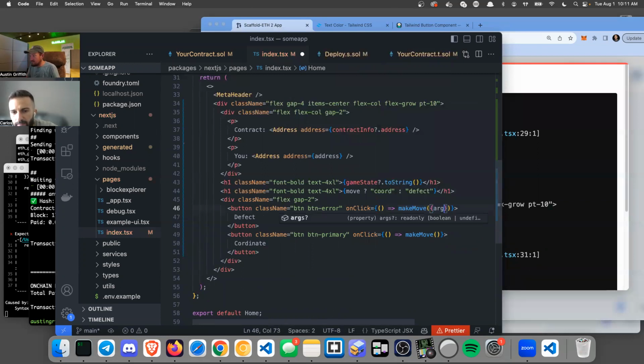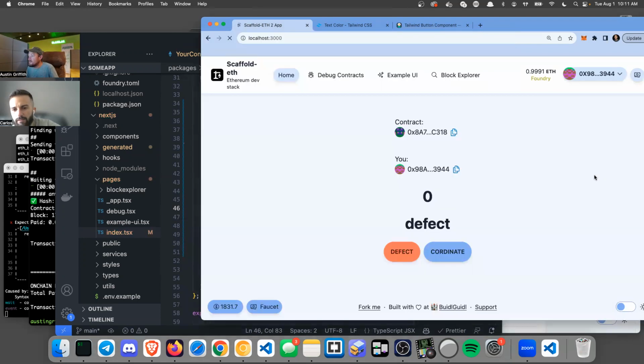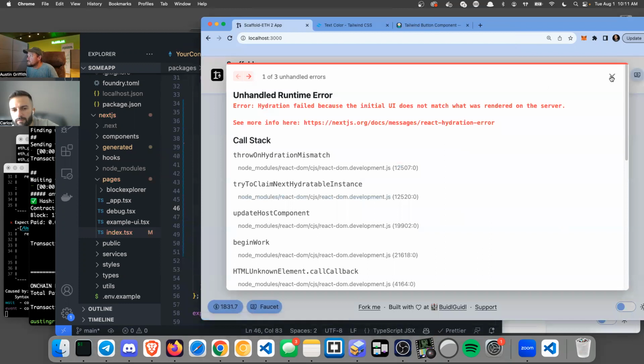And then this one will be, yeah, exactly. Am I passing in args? I think it's the same thing, args, and then an array, and then false. Yeah, I think. Okay, let's see if that works. Let's see. So, oops,